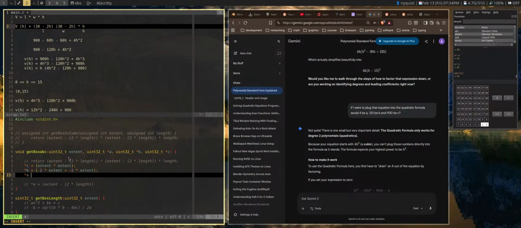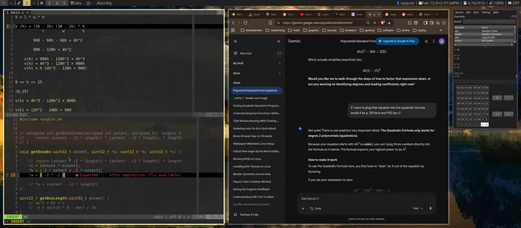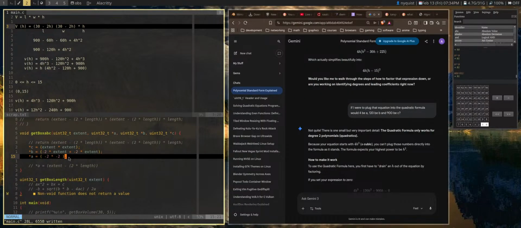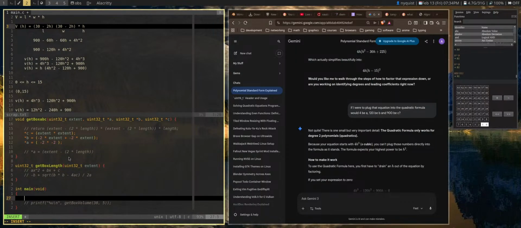A would equal -2 times -2. Which I don't really need to do that way, but let's see what we get. A, B, C,